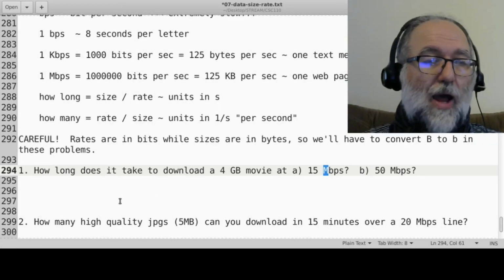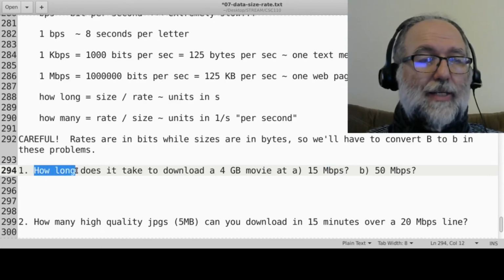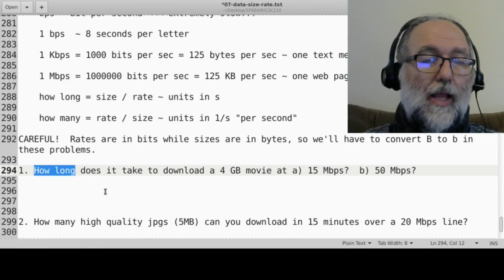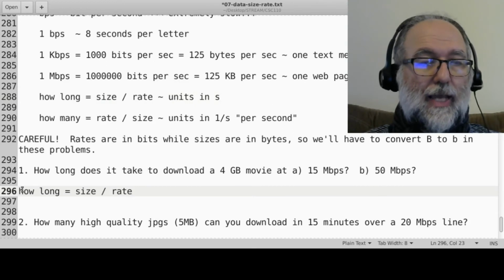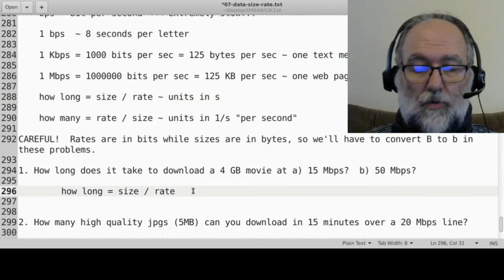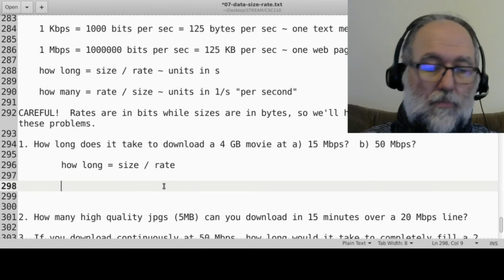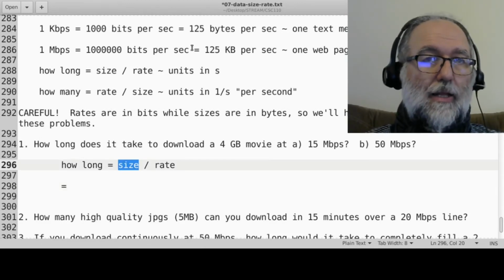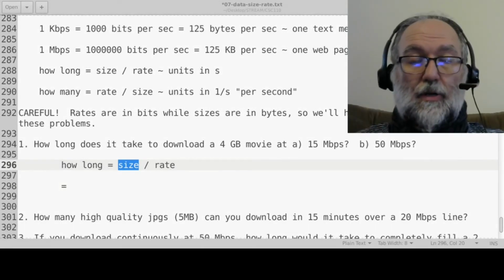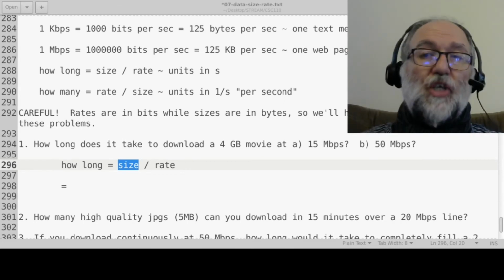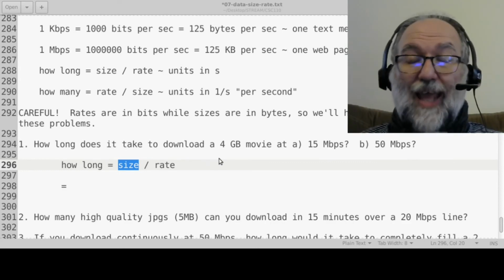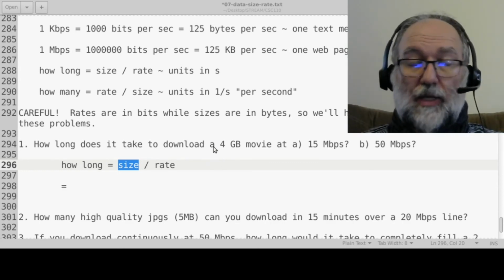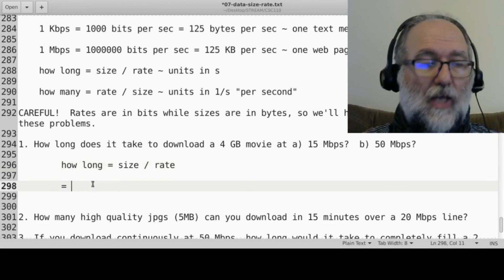All right, so we take a look at this problem, and you first identify, is it a how many or is it a how long? And it's a how long. So basically we're going to be using this formula right here. How long does it take to download this movie? Okay, and let's start off. The size is the total amount of data that you're going to download. Well, we're downloading one movie. How long does it take to download a 4 gigabyte movie? Okay, so I tell you it's 4 gigabytes. So there's your size, 4